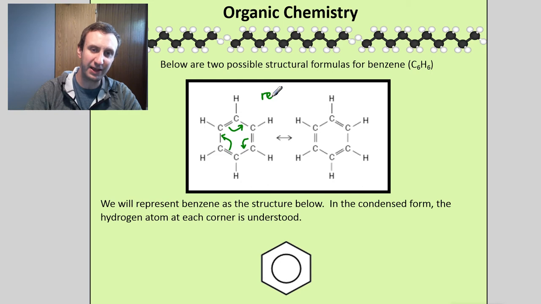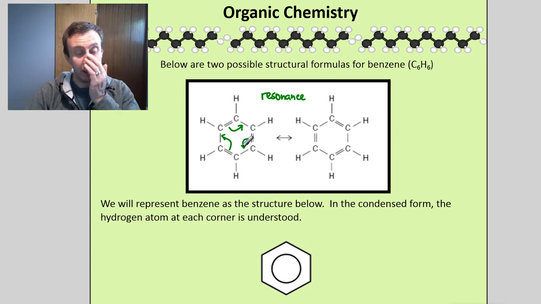This is called resonance, in that I have 2 possible ways that I can draw something that actually works in terms of where, let's say, double bonds are. And when I do that, it's actually existing as both of these structures at the same time. So these double bond electrons are actually moving the whole time from one position to another position. It's kind of like a cloud of electrons, existing in all of these places essentially at the same time. Because I have these 2 structures at work, it has resonance, and these bonds as a result are strengthened and more stable than a normal double bond.